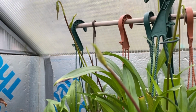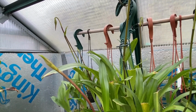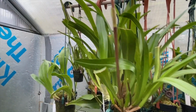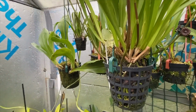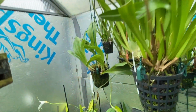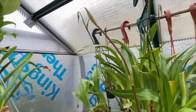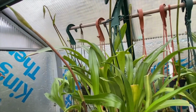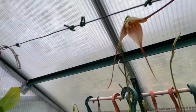And now you can see how far that has gone on its second flower. The others are all still hanging in there. Can you focus, please? That's better. They're all still hanging in there. The smallest one is down there, but this one is huge. Well, it's going to be huge. I'm going to have to pin him back up, because he's coming right out the side that way. But the next two candidates, there's one over the back, they're nowhere near opening. So this one, I'm hoping this one will last longer than in the heat the other one lasted for, but